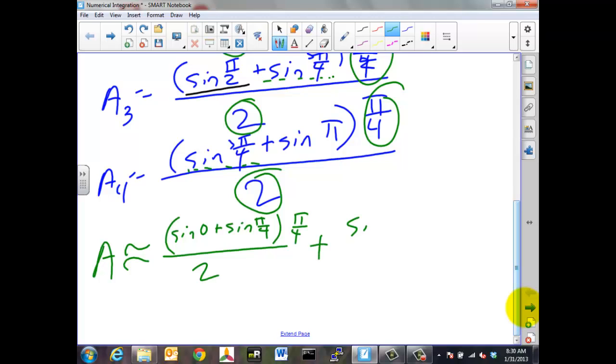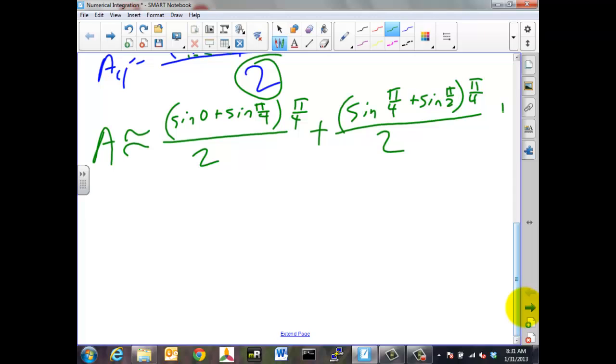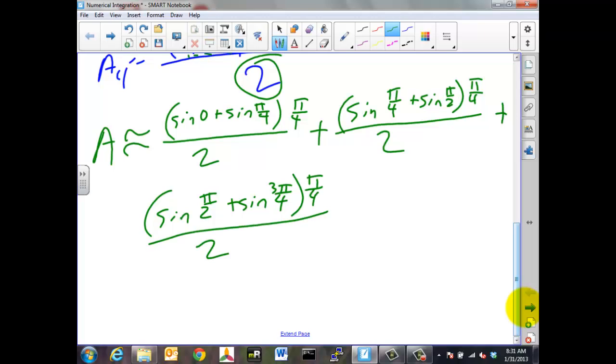Plus, then we've got the sine of pi over 4 plus the sine of pi over 2 times pi over 4 divided by 2. Plus sine of pi over 2 plus the sine of 3 pi over 4 times pi over 4 divided by 2 plus